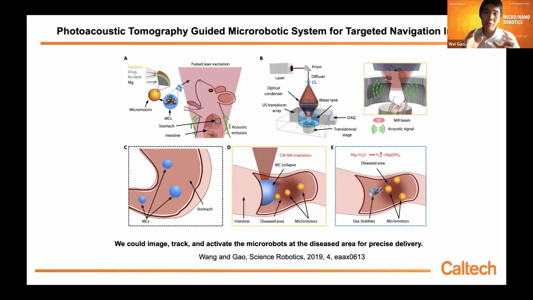Moreover, this relatively larger size allows us to directly visualize where these micro robots are. So we call this larger one a micromotor capsule, MC here. And using photoacoustic imaging, we can locate where these capsules are. We can see they enter the stomach, go through the stomach, enter the intestine, and which part of the intestine it is. And when they reach the disease area, we can activate this microcapsule. We can release the micro robots at the disease area. In this case, micro robots can be powered by intestinal fluid. They can penetrate the mucus, and stay at the disease area for a longer time to realize sustained drug release.